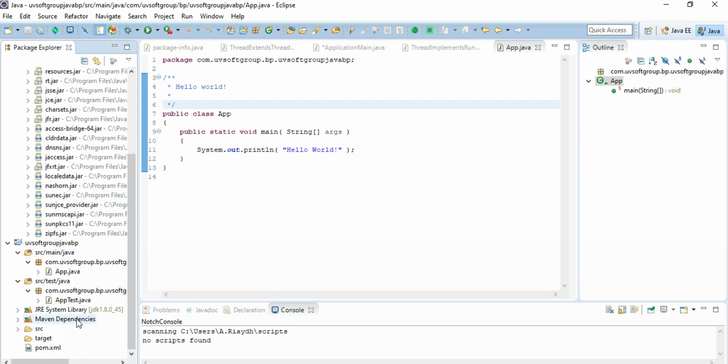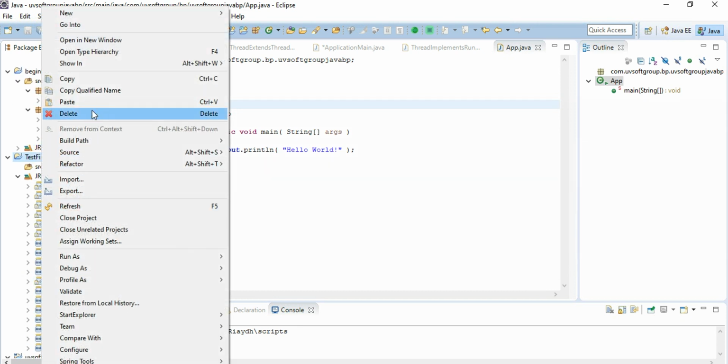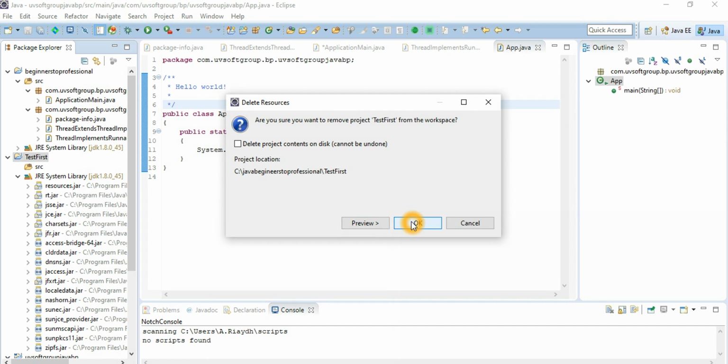So we have the Hello World application on the downside. We don't need it, you can just remove it. You got the idea of how you can create the projects. That's what I mean. So you remove the projects,